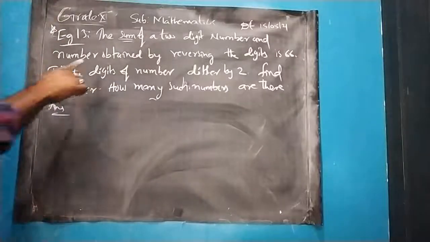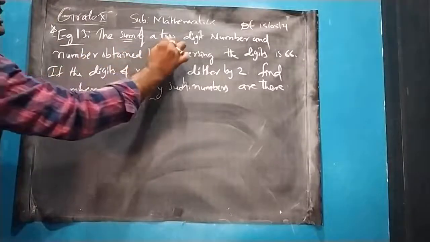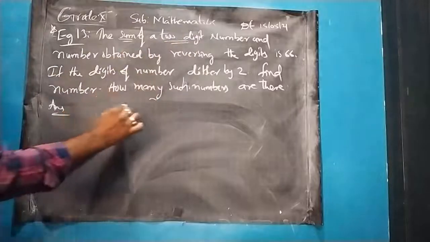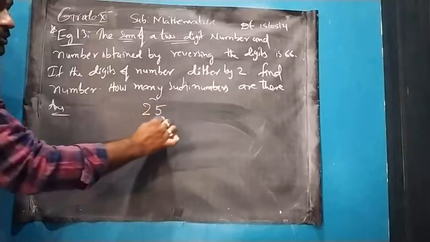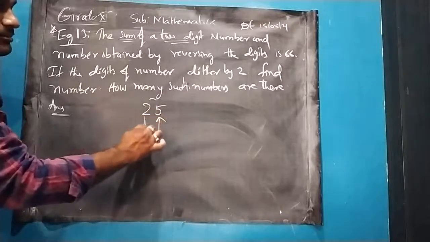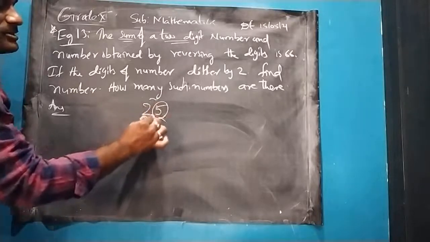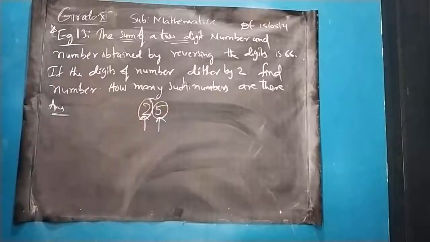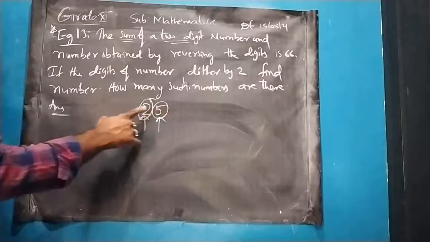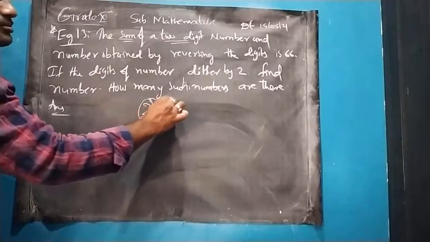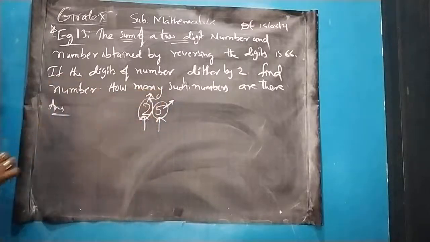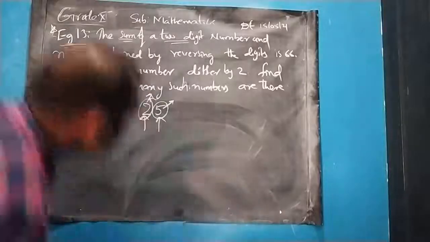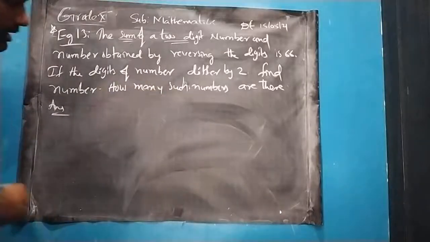Okay, first, the sum of it, whenever a two-digit number question comes. First, why? Because if I am writing a two-digit number 25, what will be there in this two-digit number? There will be ones place or units place as well as tens place. Means I have to assume the digit in the units place as something and the digit in the tens place as something. So there are two numbers which are very different from one another.